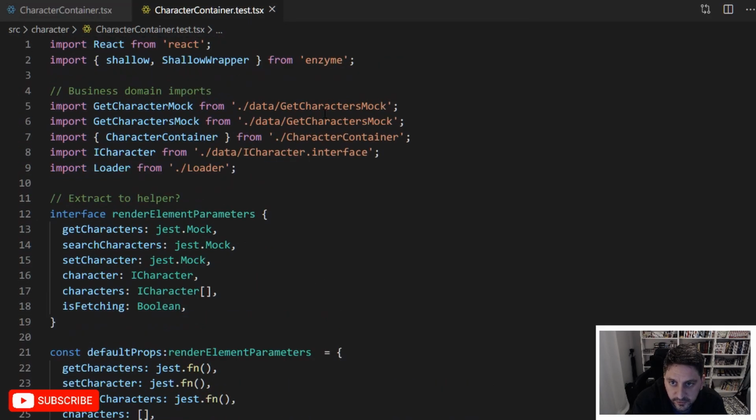So I'll hop over to the test here and just show what's changed. So here, still relying on shallow,